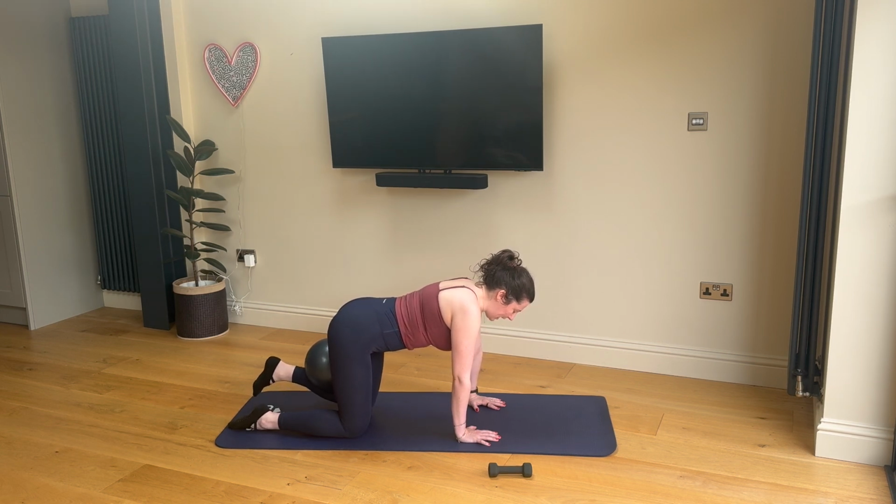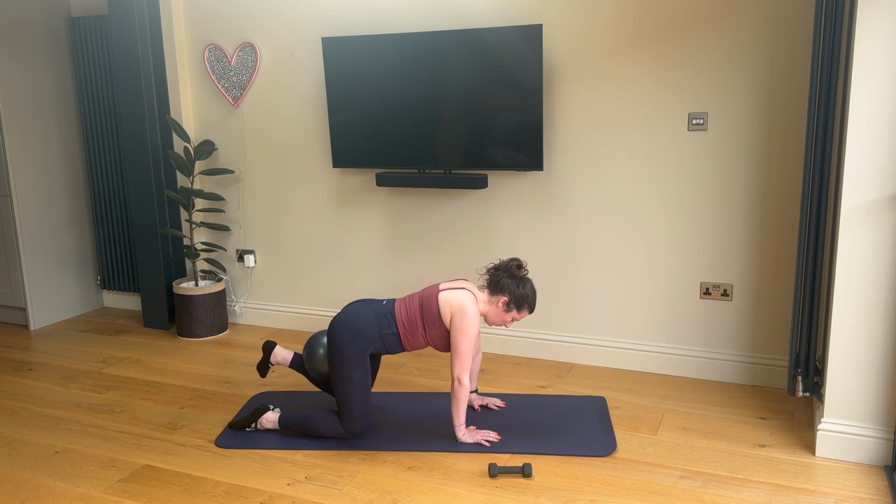Inhale, lift the knee slightly. Exhale, lift it to the side. Inhale, bring it back in. Exhale, lift, squeeze the bum cheek. Inhale in. Keep that weight nice and centered. You've just got 8,